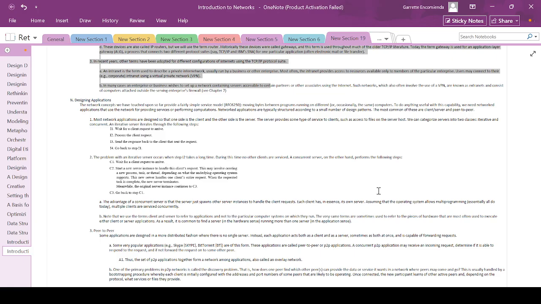So if you want to, for example, connect with other virtual private networks such as your partners or associates using the internet, for example, such networks